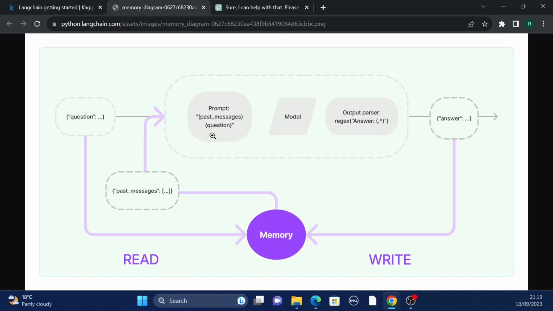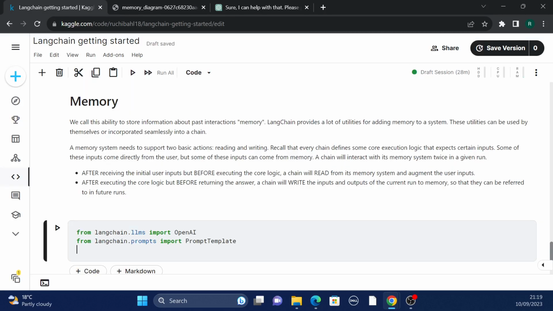Okay, so it's like a pipeline. You first create the template, you create the model, and then both of these are fed as a pipeline to a chain. Okay, so we also need our LLM chain import, because now we are not only going to create a chain with a prompt template and a model, we will also need a memory in this chain as well.